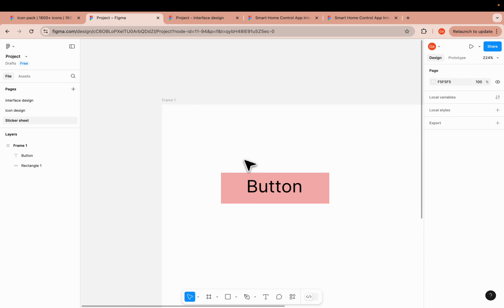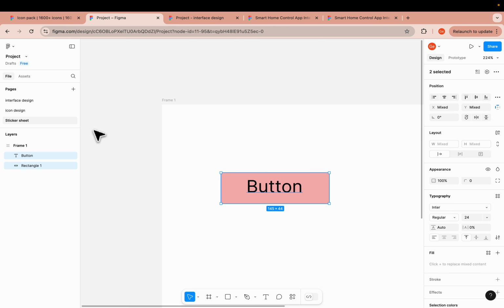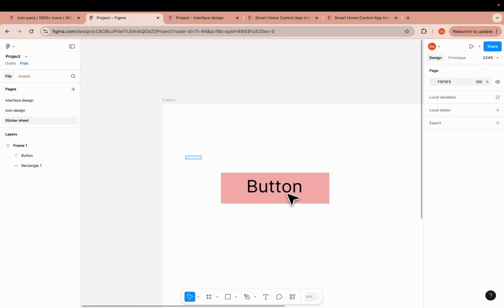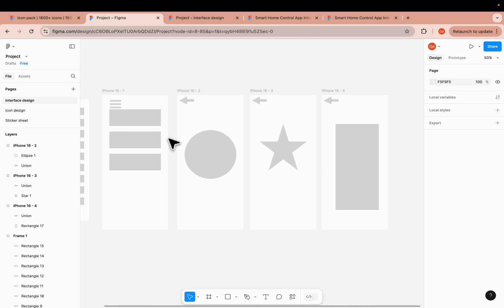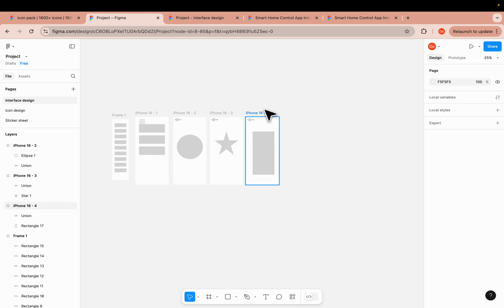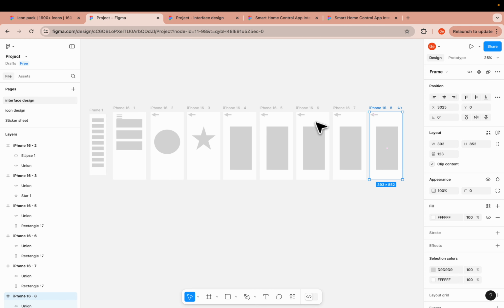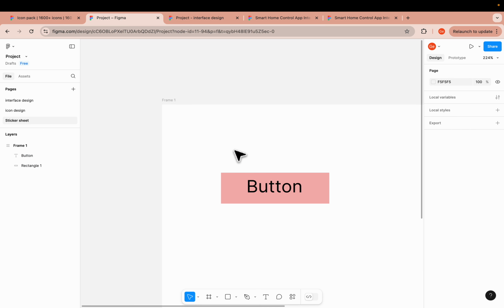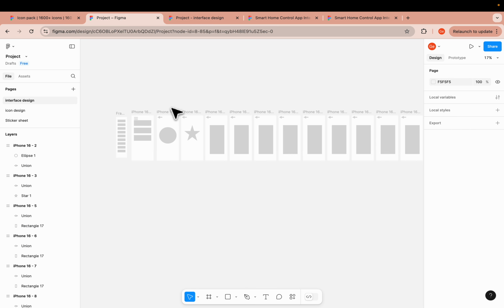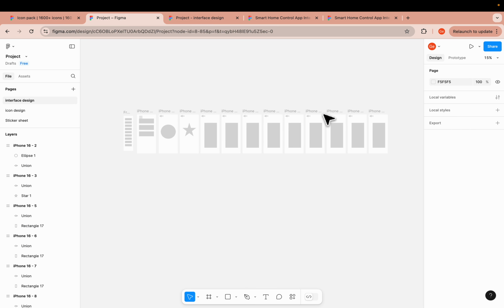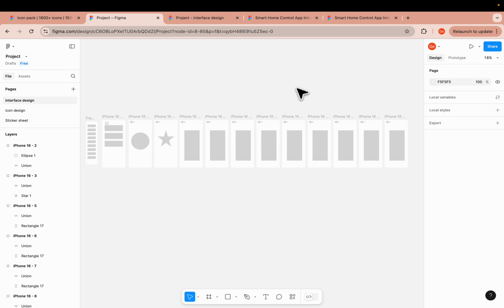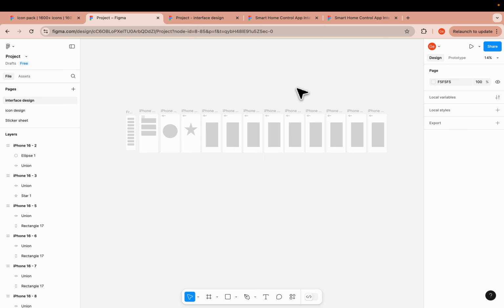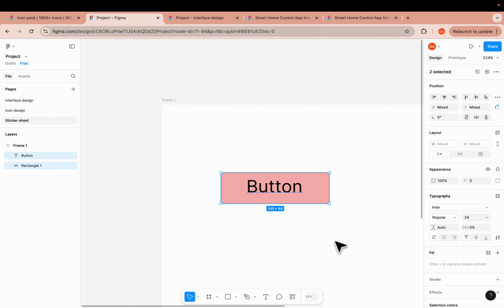Just for example, this button, I'm going to use these elements on a lot of pages of my design. I'm going to copy multiple of them to show you the example. Because in the final design you will have a lot of pages of screen design, right? Sometimes it will be like 30 to 40 pages. For the reusable elements,